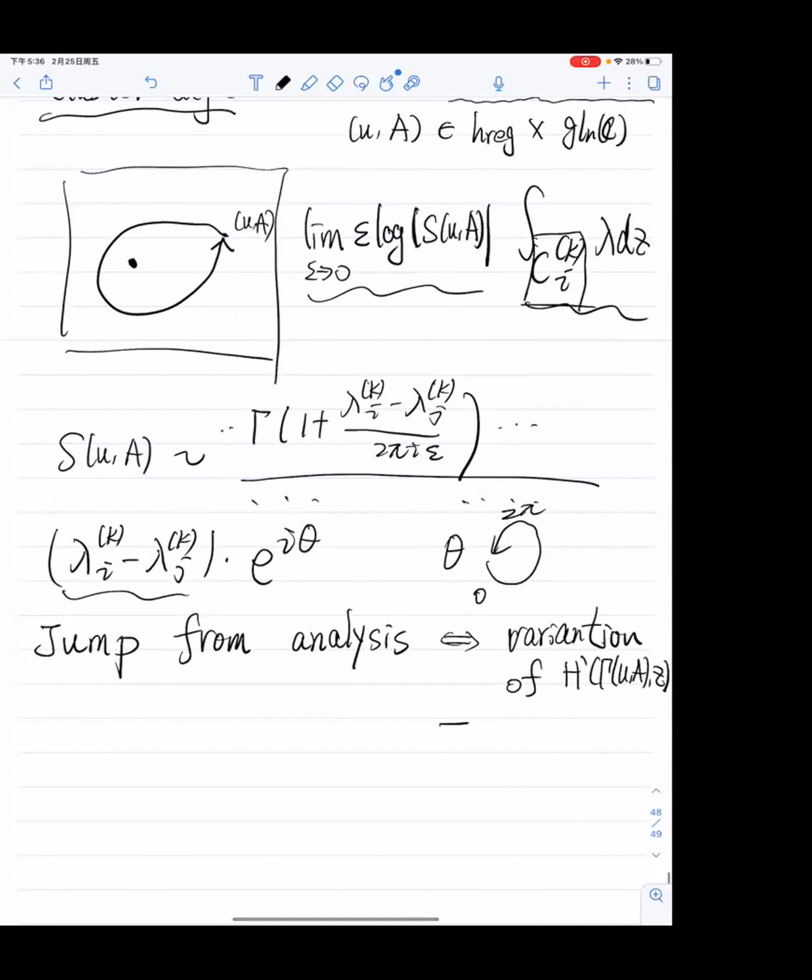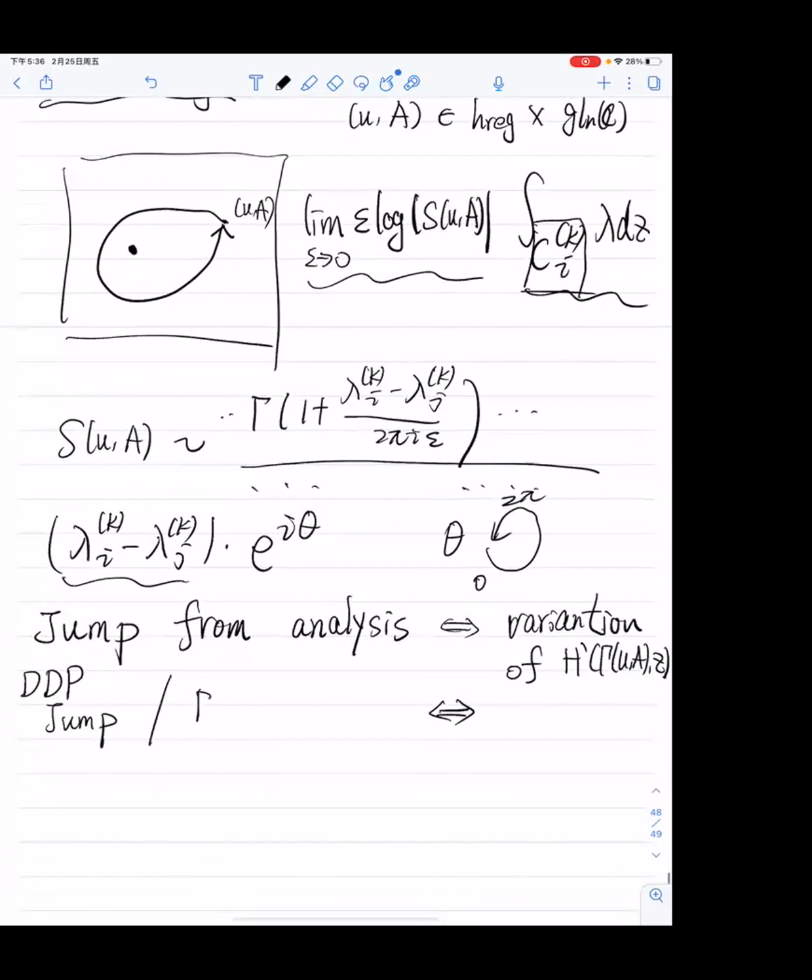And similarly, it should match with the jump formula, or the so-called DDP jump formula, or it's called the BPS, in Gaiotto-Moore-Neitzke. Anyway, let me not comment on this. Anyway, I hope this